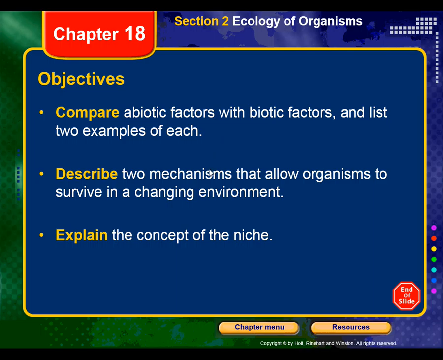Good morning. We're going to be talking about ecology of organisms. We have three objectives that we're going to try to get through in today's lecture: comparing abiotic factors and biotic factors, and listing two examples of each; describing two mechanisms that will allow organisms to survive in a changing environment; and then explaining the concept of